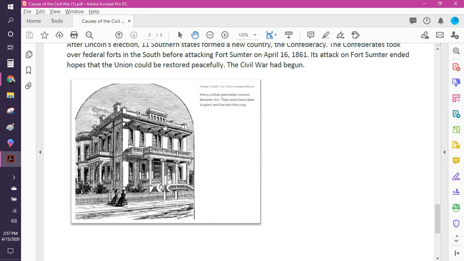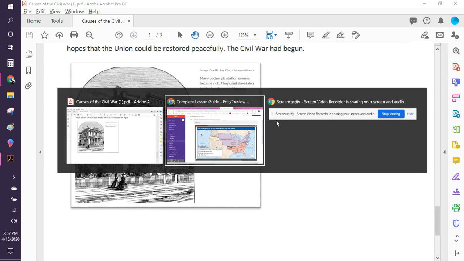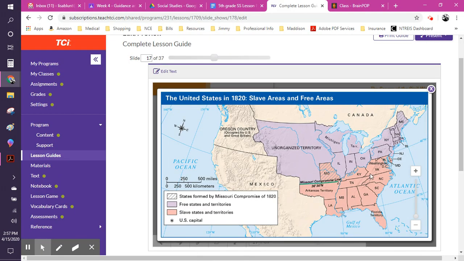So here we have a picture of another plantation, and its caption reads, "The cotton plantation owners became rich. They used slave labor to plant and harvest the crops." So when we talk about the dispute between the North and the South, one of the main things is, yes, it has to do with slavery, but it also has to do with taking away states' rights. So big government